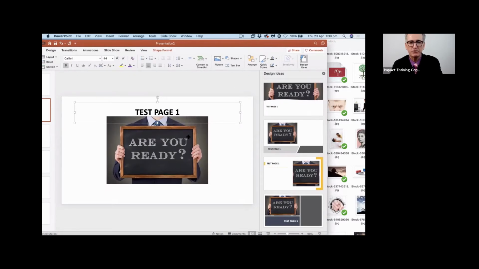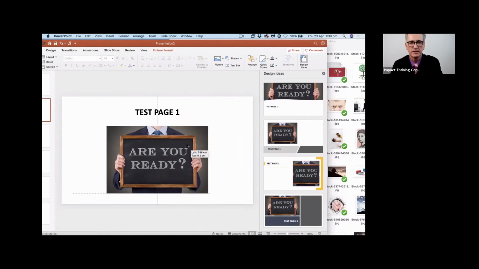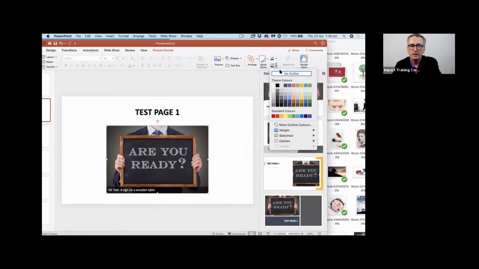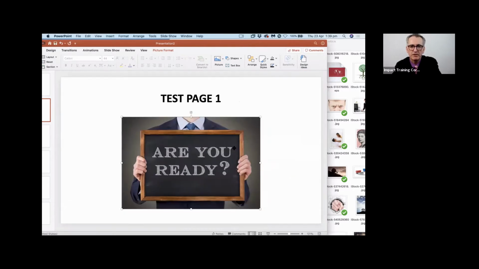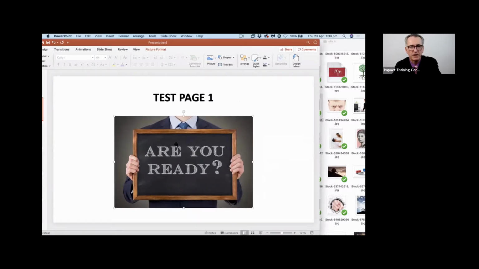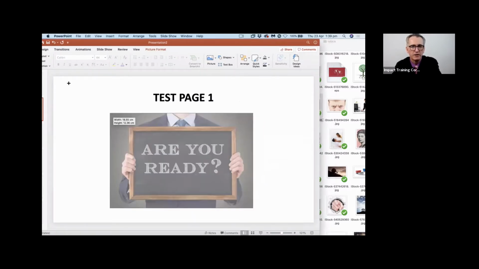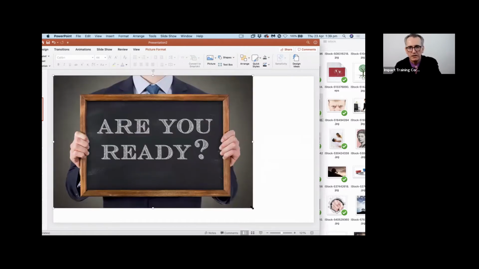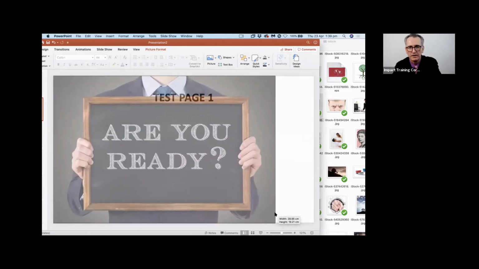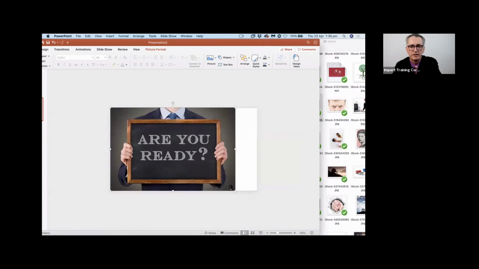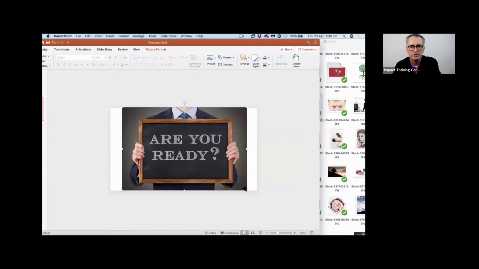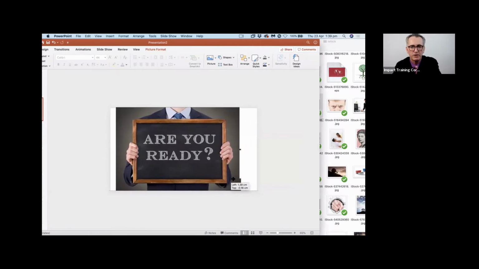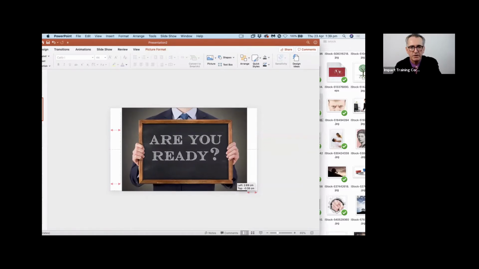So you can move that picture around anywhere you like. What I usually do is always put a border around it. See over here in the corner? I'll go up there and put an outline around it. I always put a black outline, which makes it a little bit crisper. You can be a little bit adventurous if you like. It doesn't always have to be boring. You can make the picture really big. By the way, with PowerPoint, it will center it for you. See those little arrows? Now it's in the center.